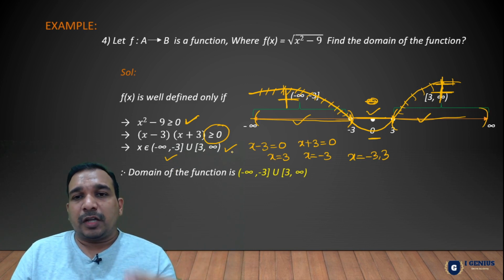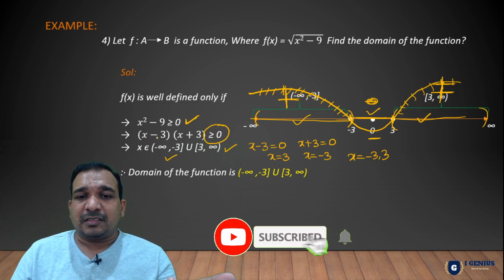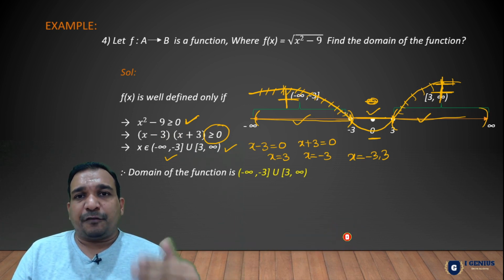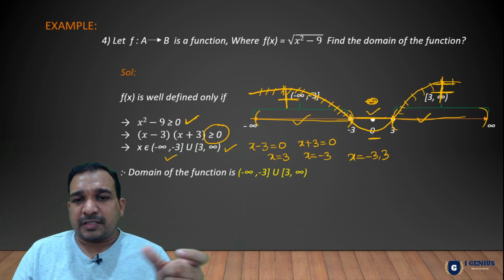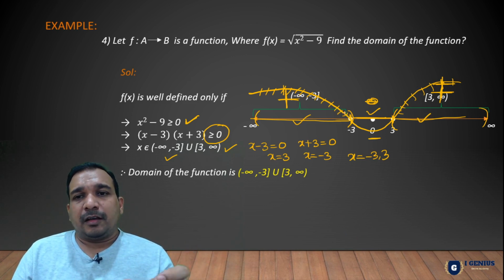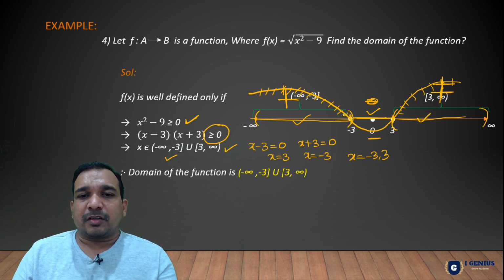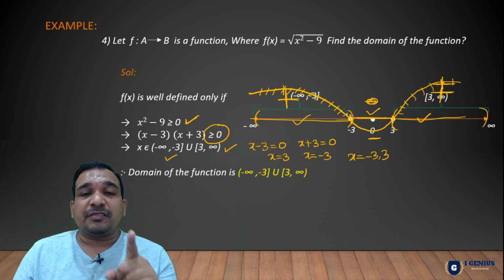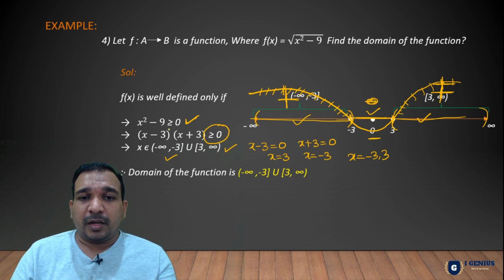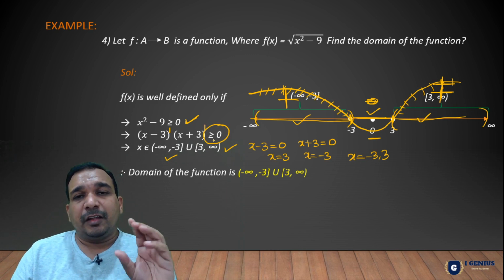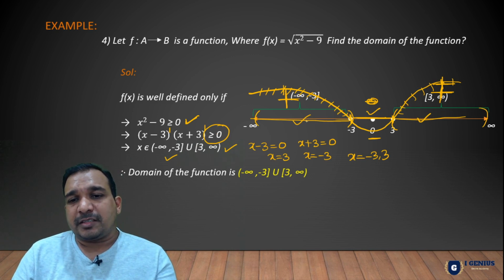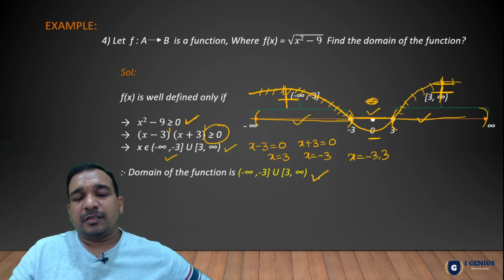Actually, you need to learn the wavy curve separately. There are a lot of ways to solve such questions. Here these are simple factors, that's why we got the answer very easily. Otherwise, if powers are different, or modulus or logarithm is given inside the question, then definitely we should know the methods, then only we can solve correctly. So this alternate sign change won't work for all. Alternate sign changes work only if the powers are odd. Here the power is 1 and here the power is 1, that's why we can use alternate sign changes, plus minus. Okay guys, so the answer is this.